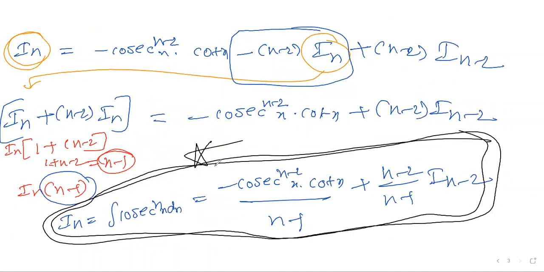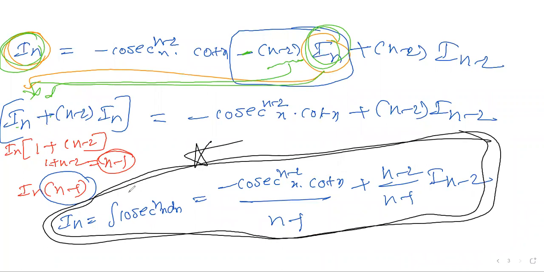These two steps I updated on the next page. After this, your requirement is the I_n calculation. Here also I_n, here also I_n; all I_n should be sent to the left side. So automatically I_n is there, plus n minus 2 into I_n, while n minus 1 into I_{n-2} is there. This n minus 2 should come back to the left side. Clear, this I got: n minus 2 into I_n. This is clear, no doubt at all.